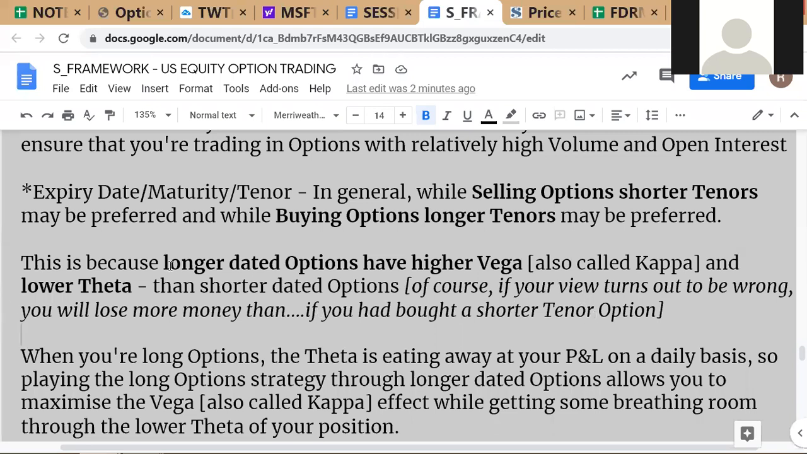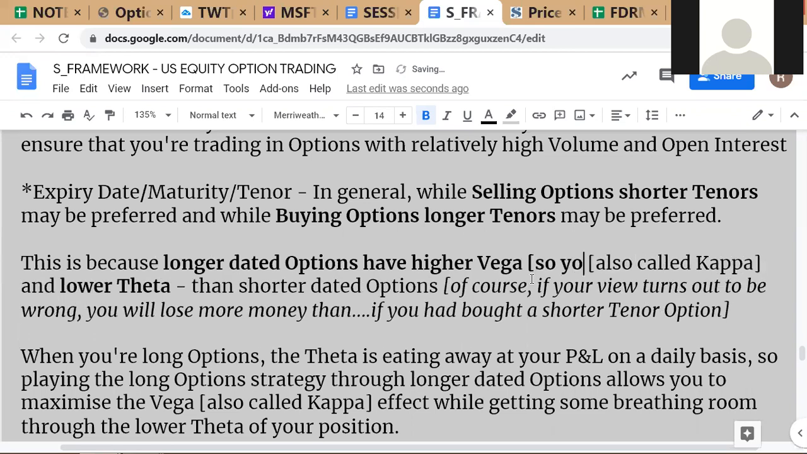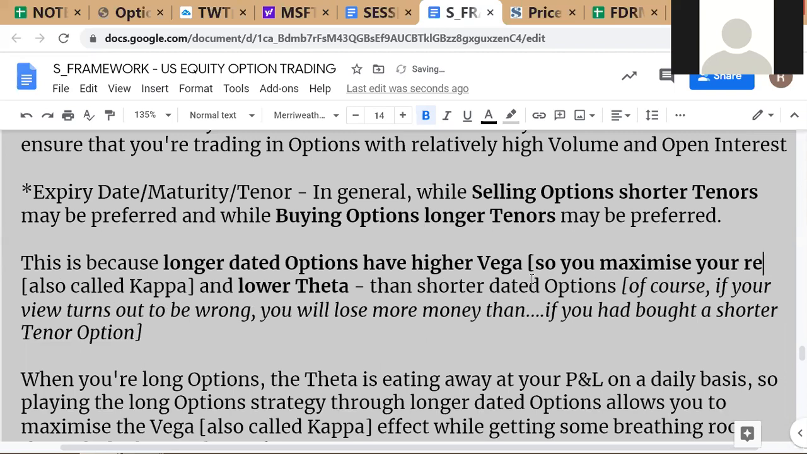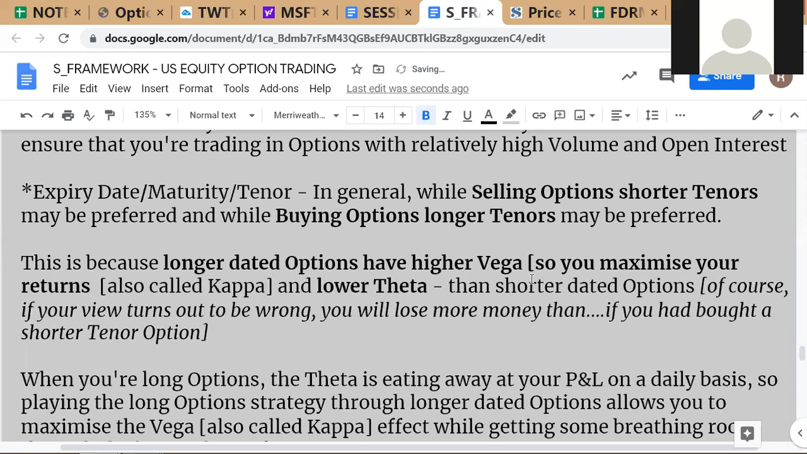But here the idea is that longer dated options have higher vega, and so you'll make more money when your view is correct. Let me put that in here as a separate point, because that's an important way of thinking. Okay, so you maximize your returns if